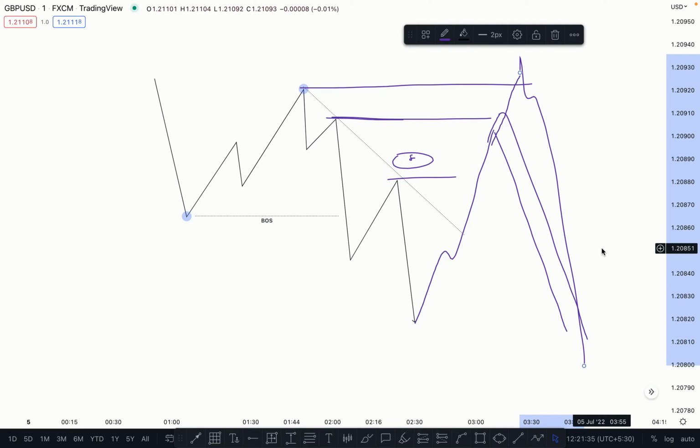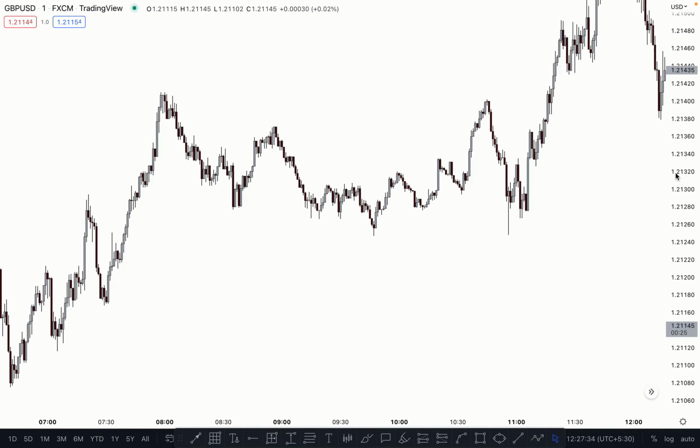So let me show you some brief examples of how retailers and smart money traders get trapped and how we can be different from others. Starting with support and resistance type of liquidity, because support and resistance is the most used strategy among retailers. Some people trade based only on resistance and support, and I've seen a lot of YouTube, internet and Instagram traders say this is a historical demand and supply, this will not be broken.